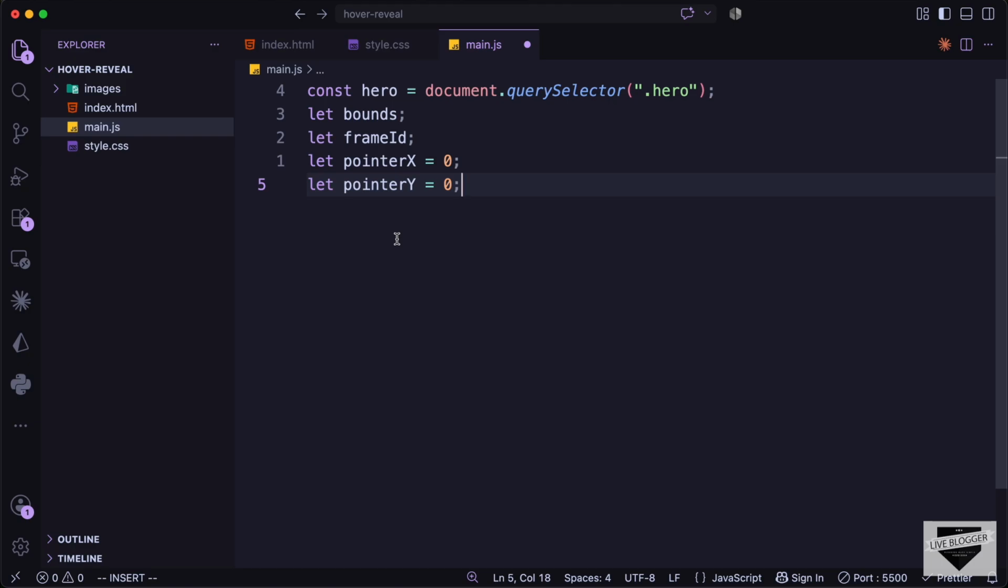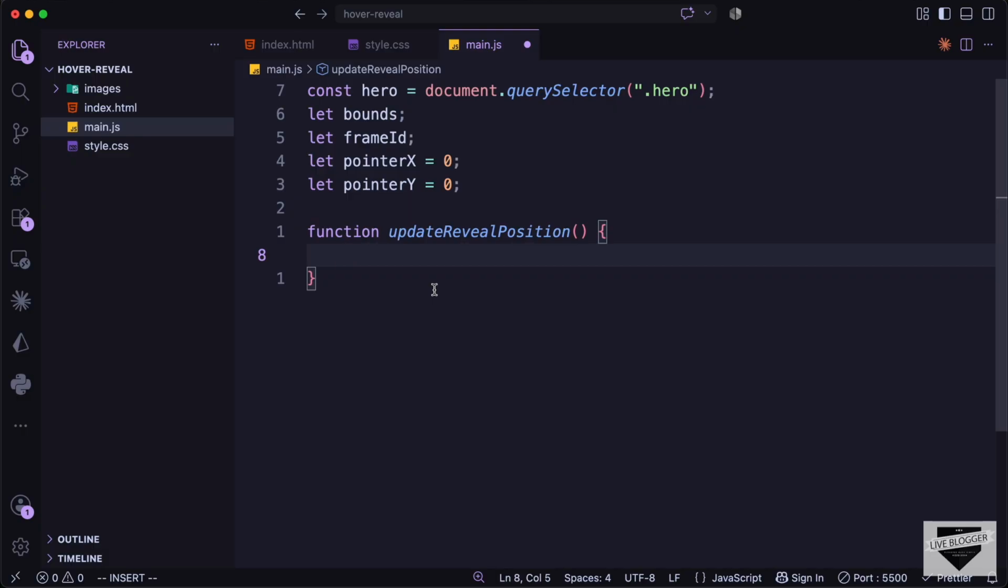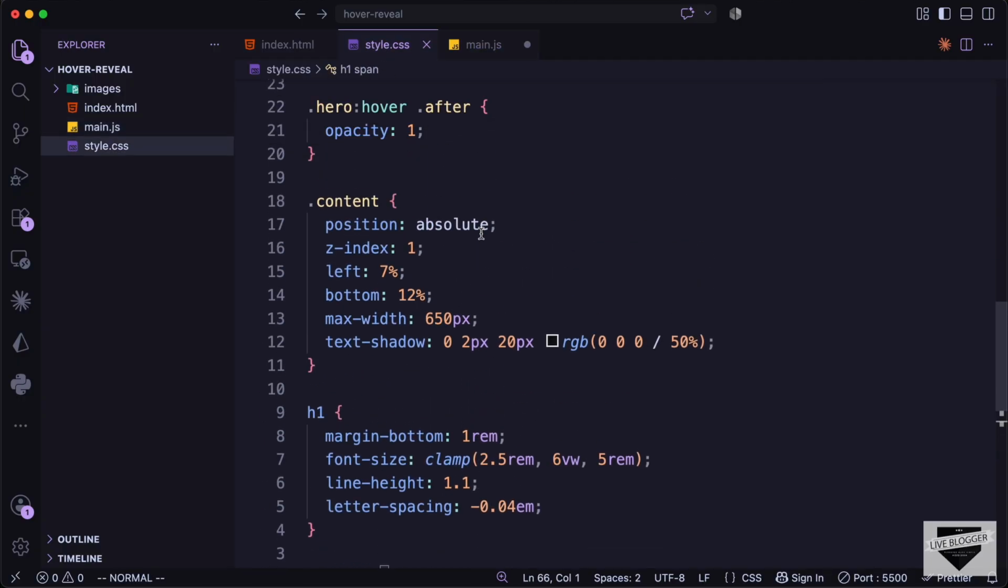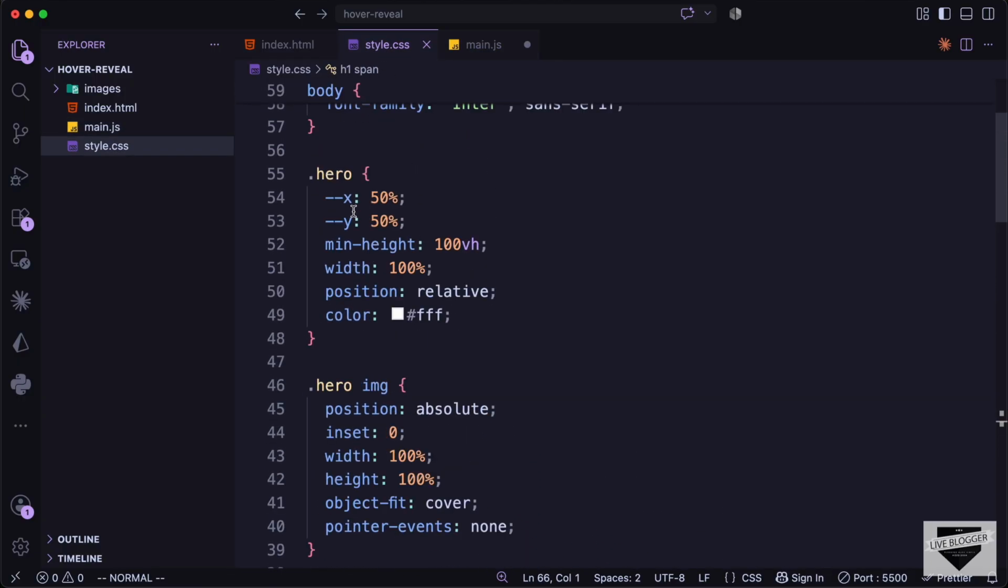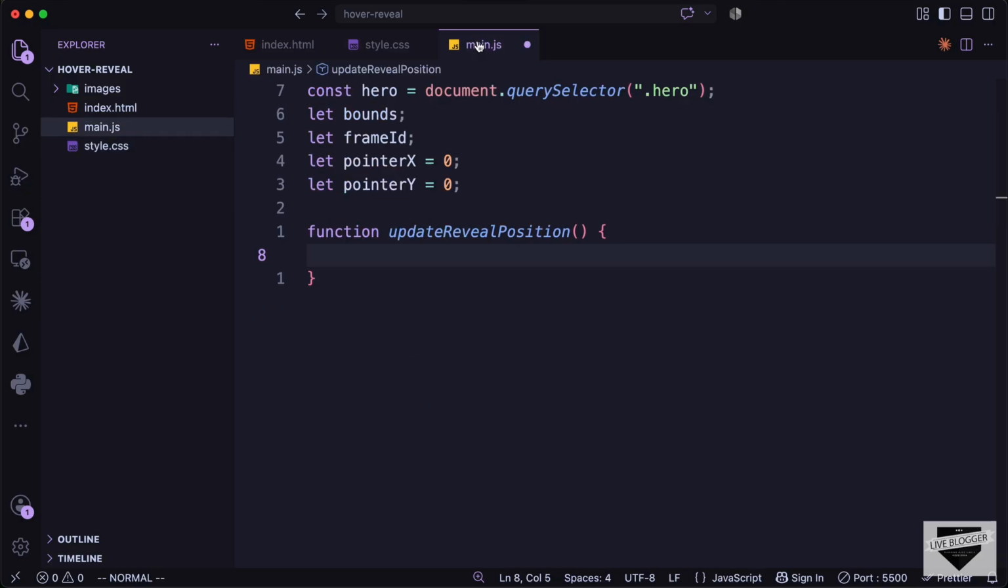Alright, now let's go ahead and create a function, and let's call it updateRevealPosition. Now in this function we will set the x and y variables inside the hero CSS. So if you go to our style.css file and go to the hero section, here we can see that we have created these two variables x and y. So we can access these variables in JavaScript using setProperty. So let's go ahead and type